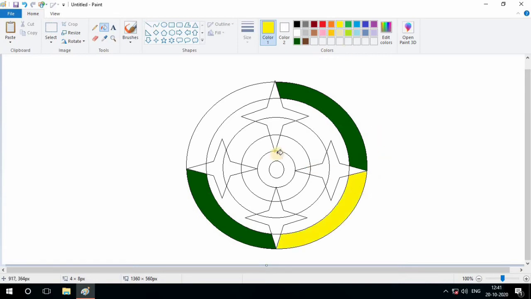Yes? It looks very nice. I am choosing a different color and fill it. I think the blue shade is not correct here, so again erase it and fill it. Choose a different color from this and fill the color. Oh, one mistake again. I am pressing here, so again undo.